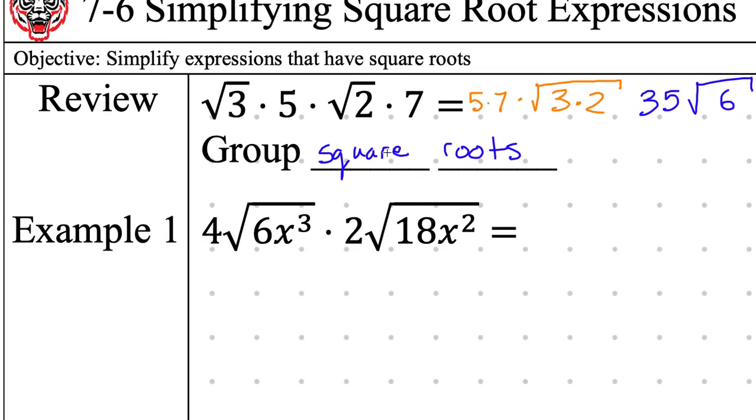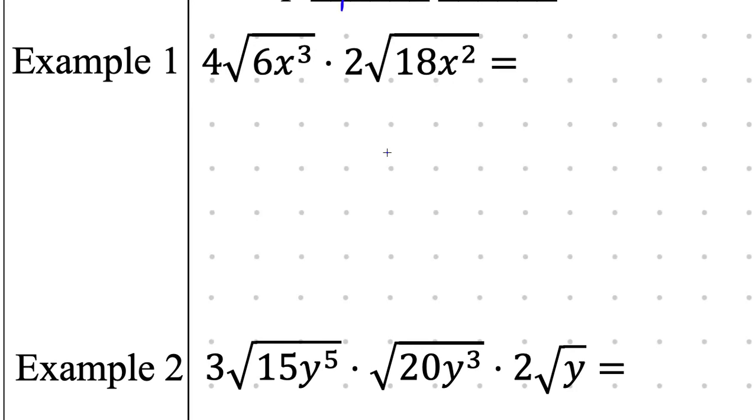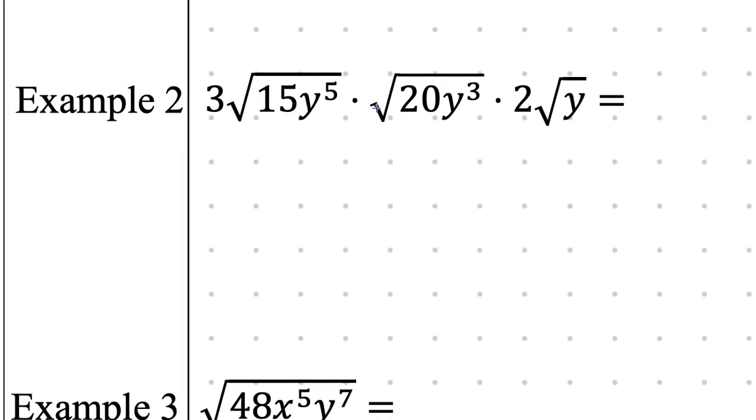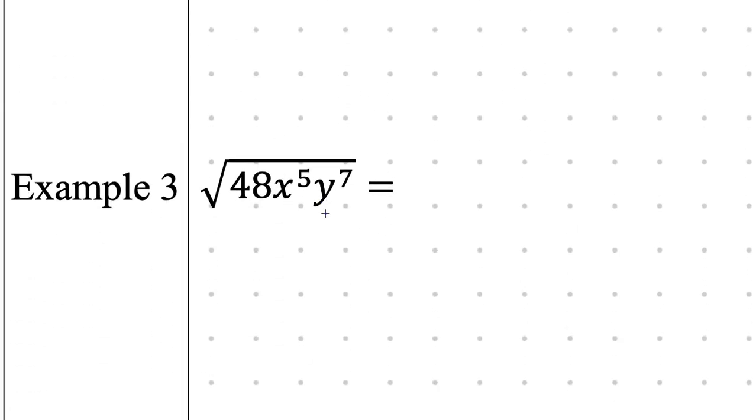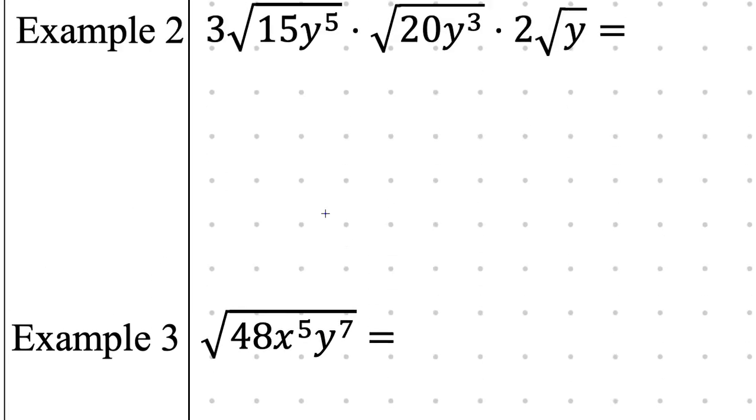All right, let's see an example. This is the type of problem that you'll see on Khan Academy. I try to pick 3 different categories. So the first category is like multiplying 2 kind of large guys together, multiplying 3 medium guys together, or 1 giant thing that has 2 different letters, 2 different variables in it. Those are the 3 things that you will see tonight, and you need to be comfortable doing all of them. So,